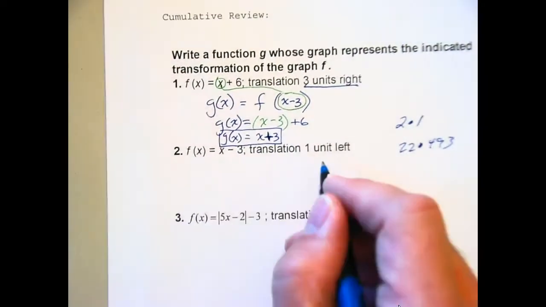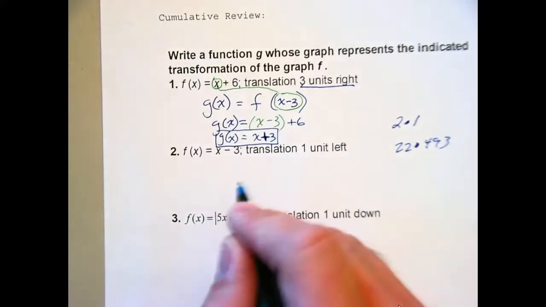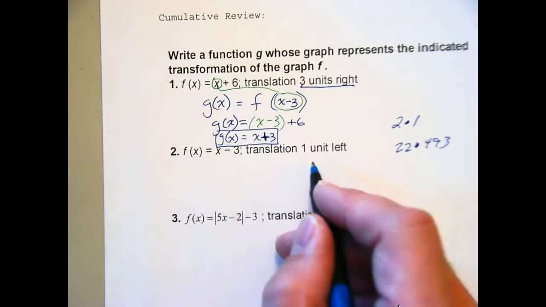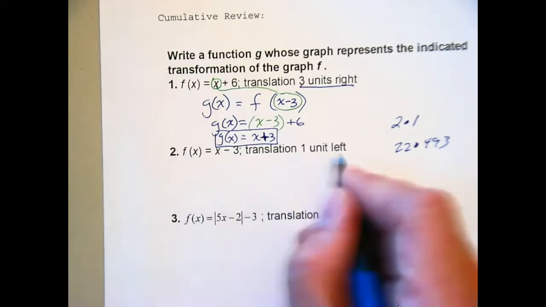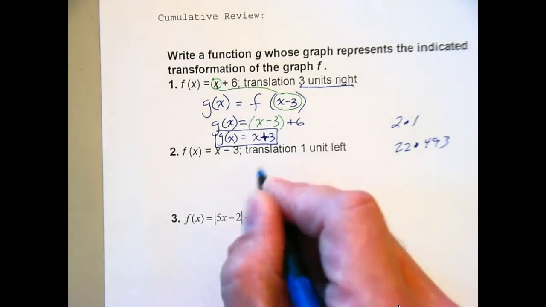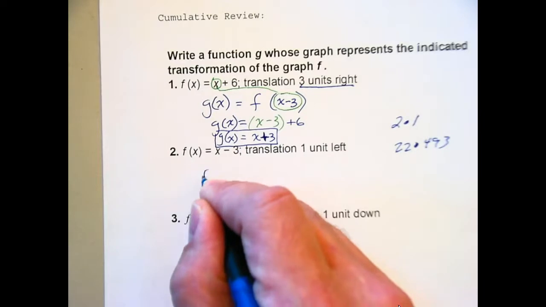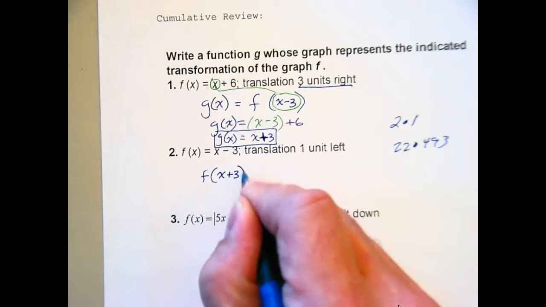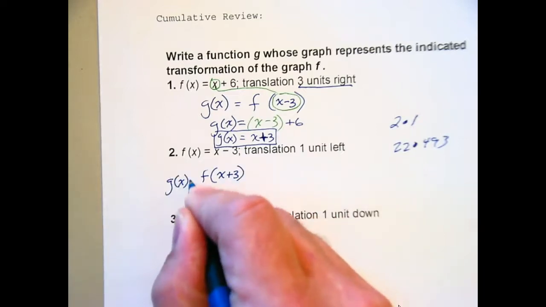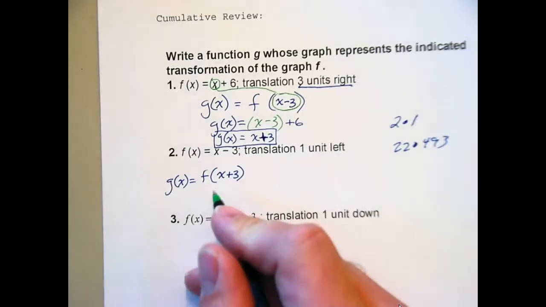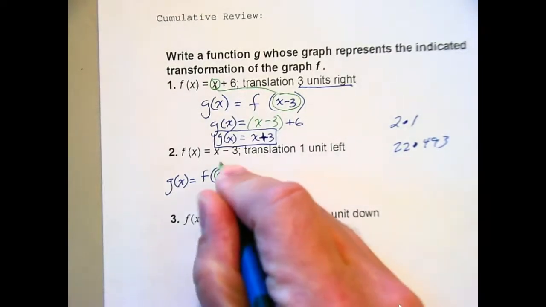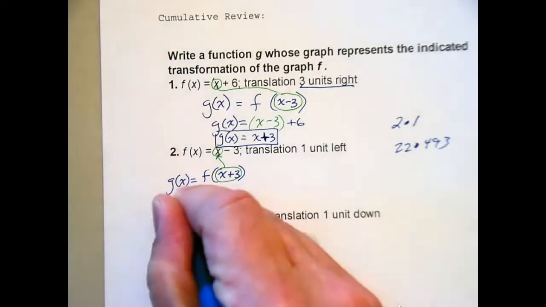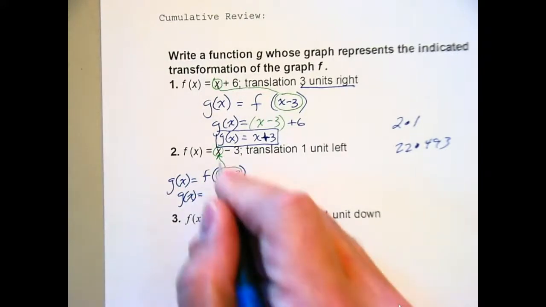All right, so this one, translation left, which way? Or, excuse me, add or subtract? We add, and are we inside or outside? Inside. So now, when you think of going left, you think subtraction, but remember when you're dealing with the inside, it's kind of opposite. So when we're going 3 units left, we're actually adding 3. So g of x is equal to f of x plus 3 this time. Okay, and this part, again, goes in right there. So we get g of x is equal to